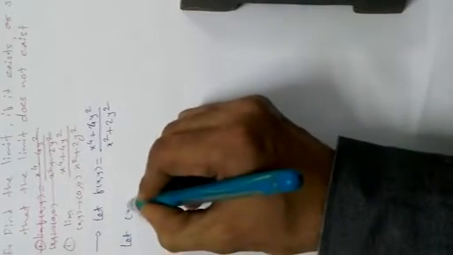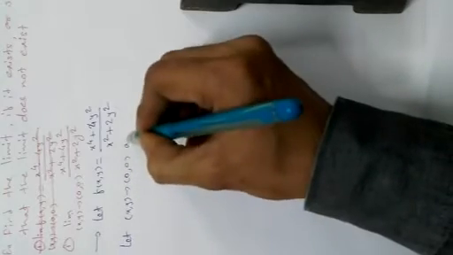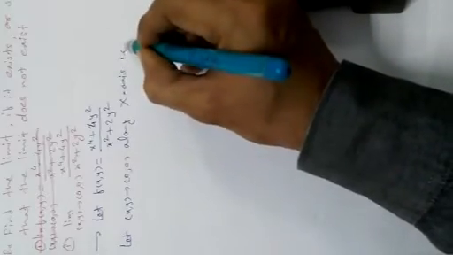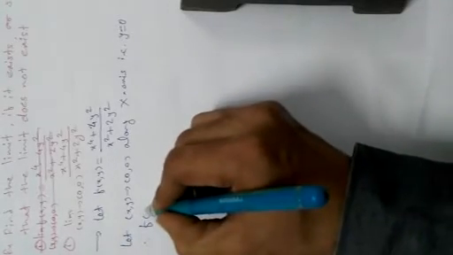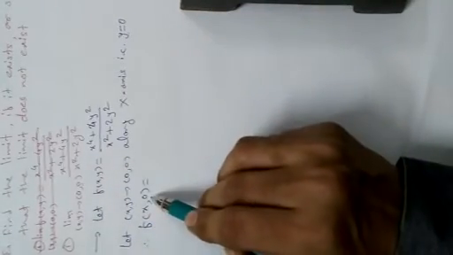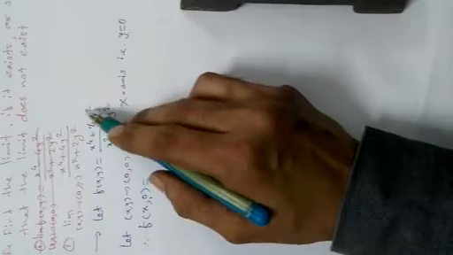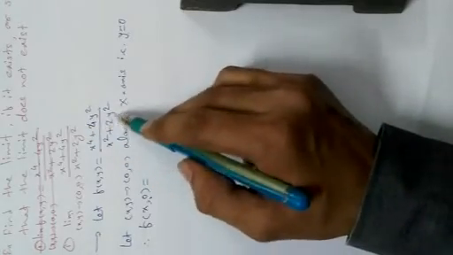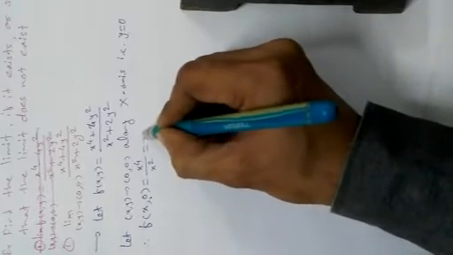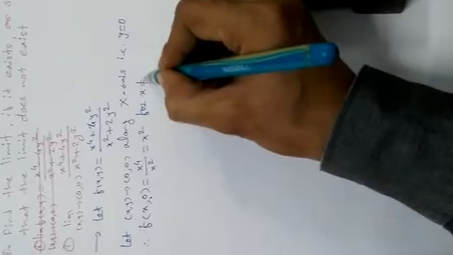Let (x,y) tend to (0,0) along the x-axis. Equation of x-axis is y equal to 0. Therefore f(x,0) is equal to, as y is equal to 0, put y equal to 0 here. The term 4y square becomes 0, 2y square becomes 0. Therefore we get x raised to 4 upon x square, which is equal to x square for x not equal to 0. If x is 0, then we again get 0 upon 0, which is an indeterminate form.